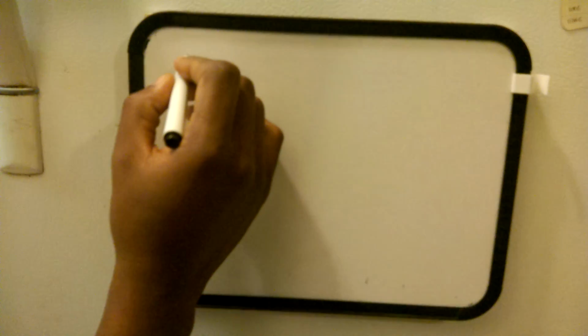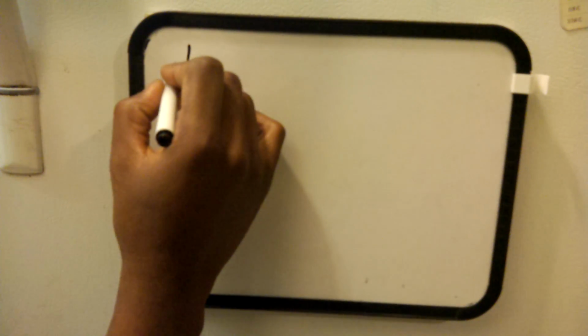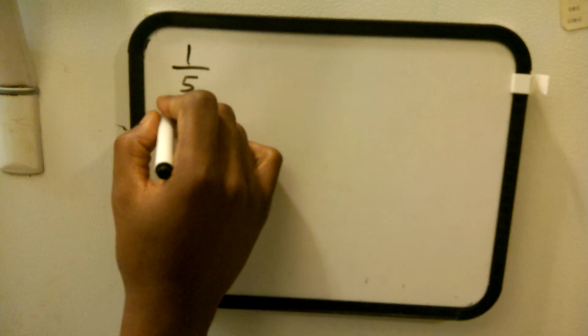Okay, this right here is a proof that proves that you can divide by zero. So this is a proof that shows that you can divide by zero. We'll start off with this. Okay, when you have a number like 1/5 divided by